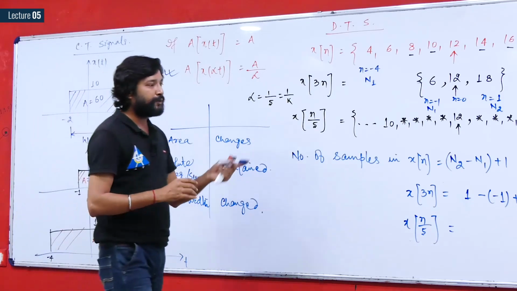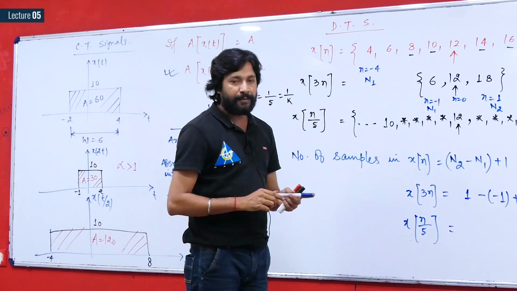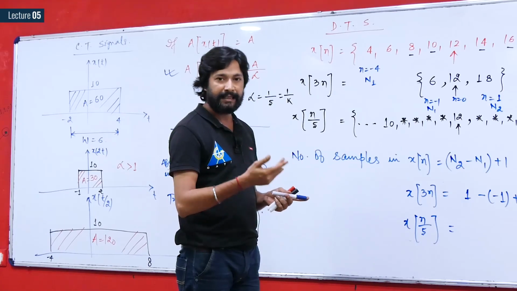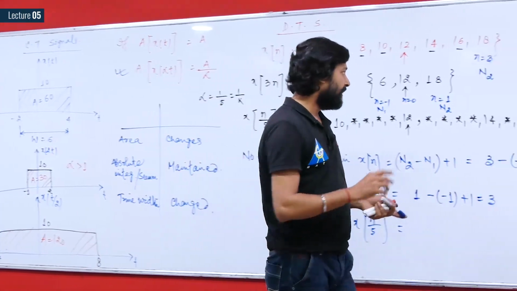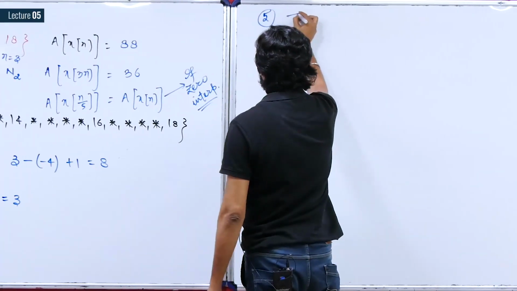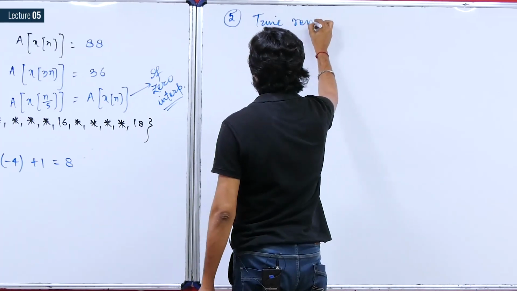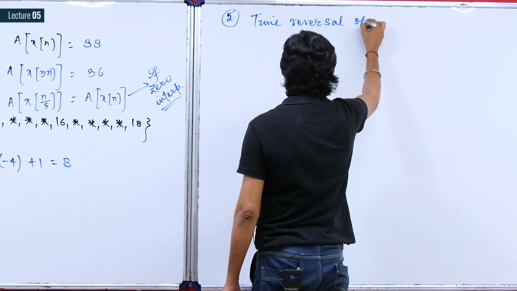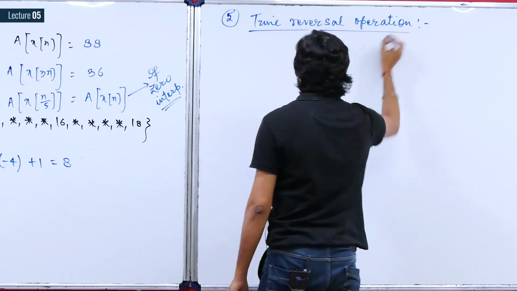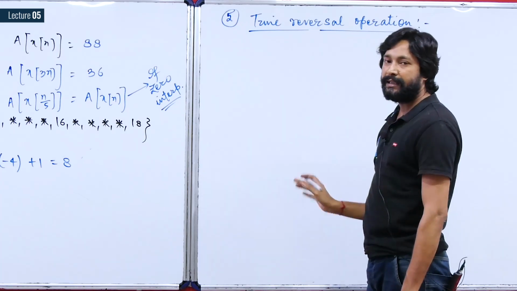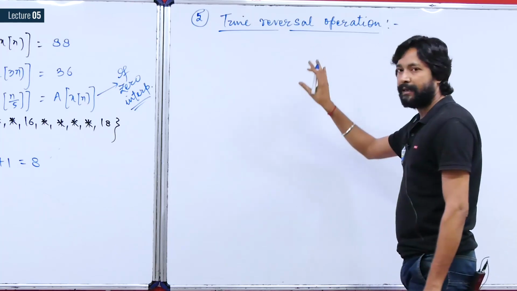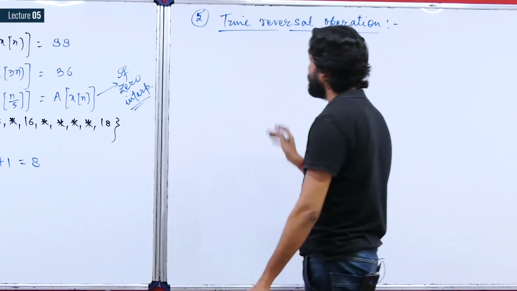And now we are moving to our next operation, that is the last operation, time reversal, and after time reversal we will be taking combined operations on continuous as well as on discrete time signals. So the next operation, that is the fifth operation, time reversal operation. In time reversal operation you can consider it as a special case of time scaling also. We are again going to discuss this operation simultaneously, but at first we are taking a continuous time signal.